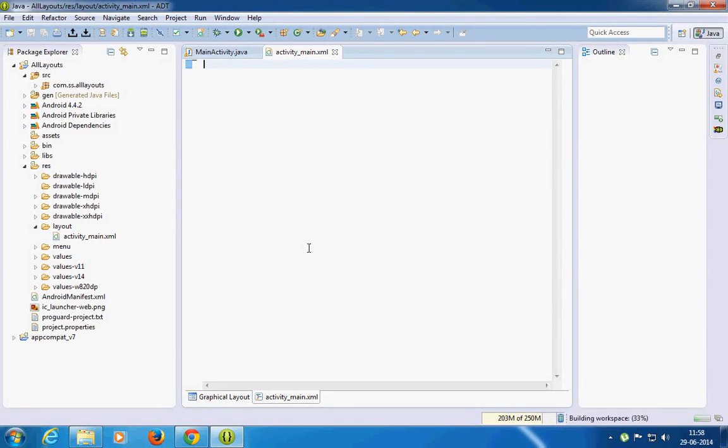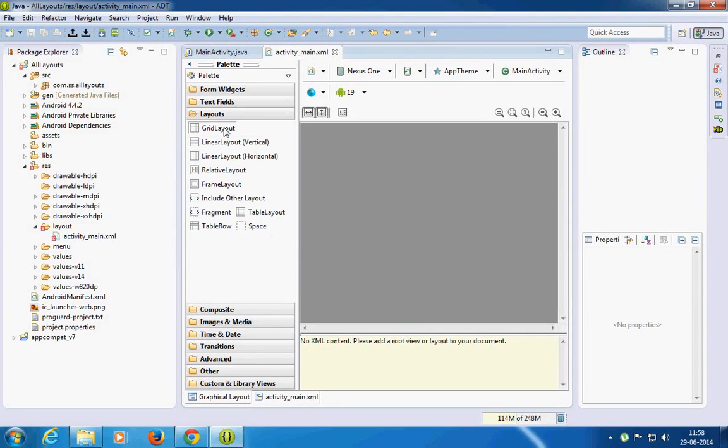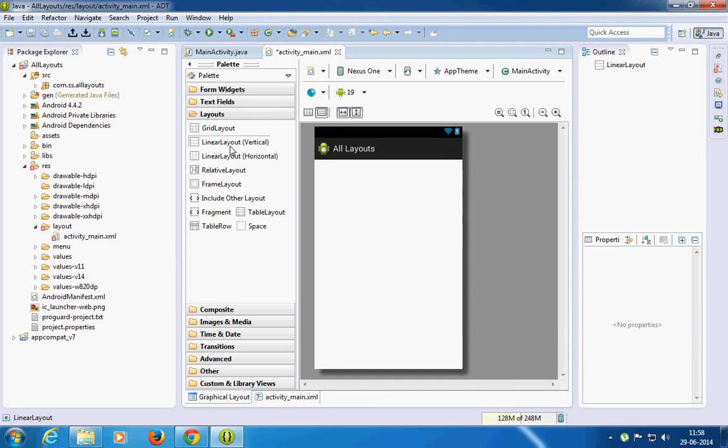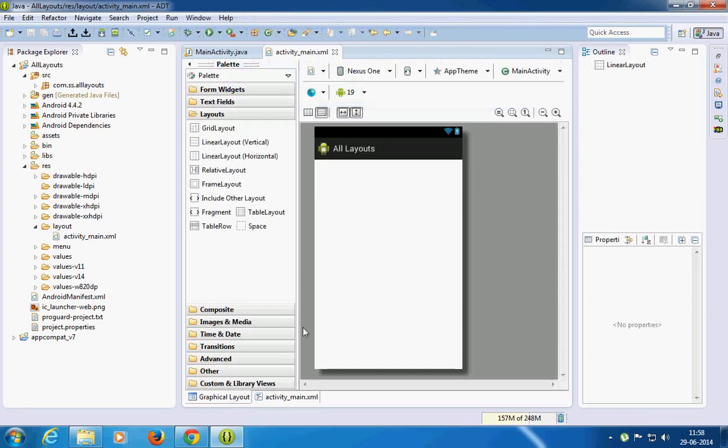I'll just save. We'll get an error, but then I'll drag in linear layout. For linear layout, vertical or horizontal both have a function where you will be having items in horizontal or vertical order.